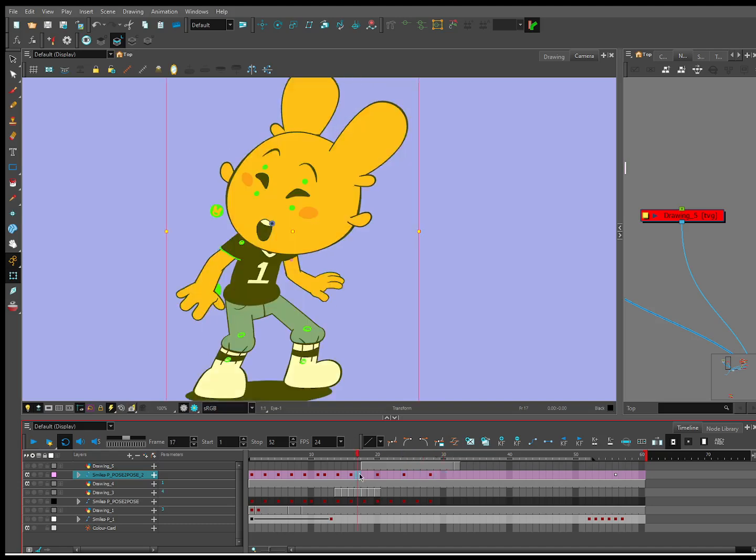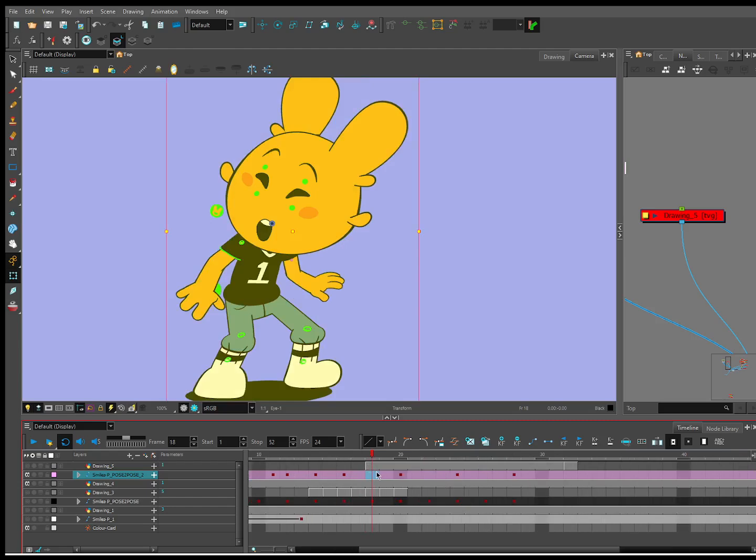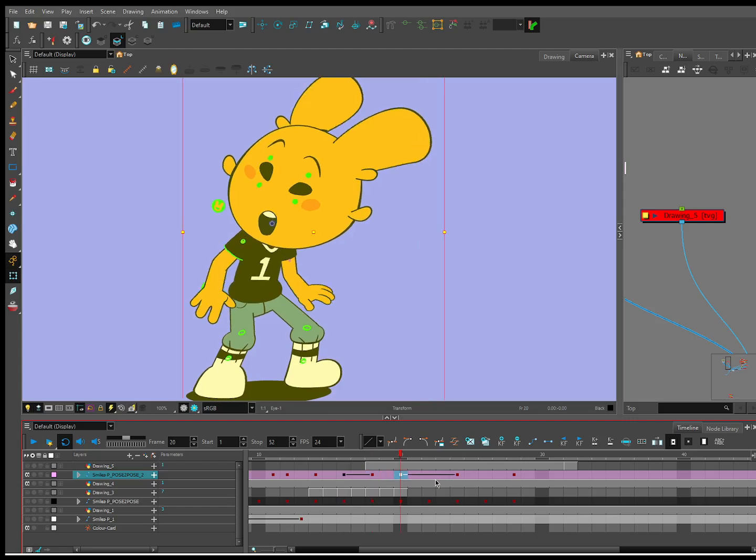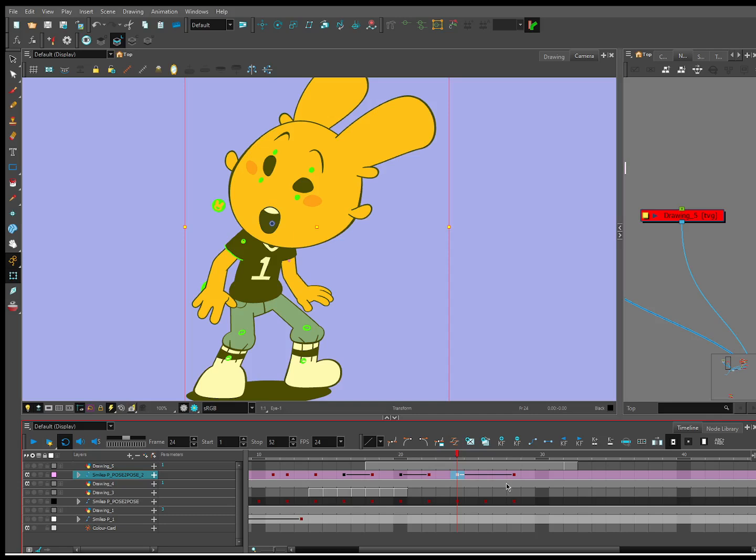And because I favored my spacing on my breakdown settles, my in-betweens aren't too hard. Oftentimes I favor so that I can just tween it and stick an in-between directly in the middle. But at the end, I will favor it and put maybe two more settles in.